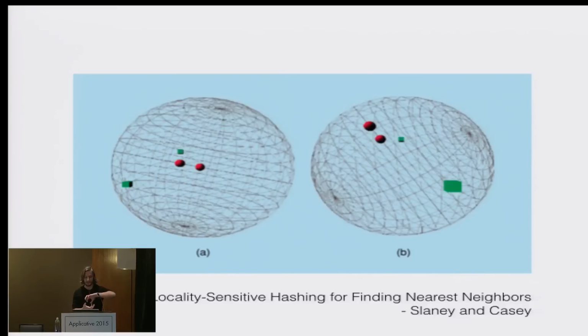Depending on how you rotate it, sometimes the points that are far from each other will appear to be close, as is kind of the case in the left one there, but usually not. And generally speaking, the ones that are close to each other, when you reduce the dimensionality, will continue to be close to each other. And that's kind of the idea of locality-sensitive hashing. I love that explanation of it.